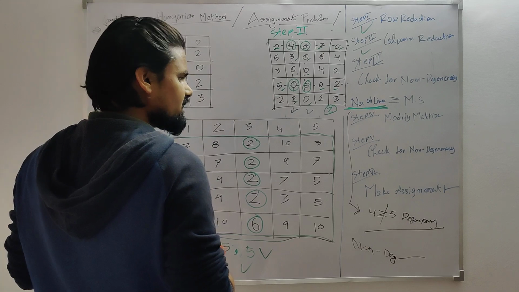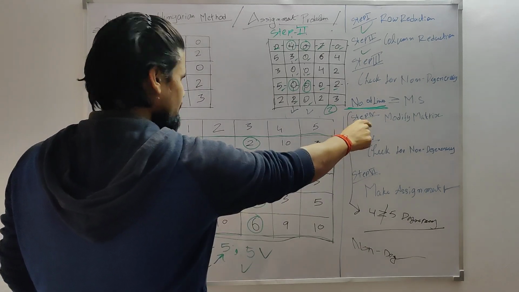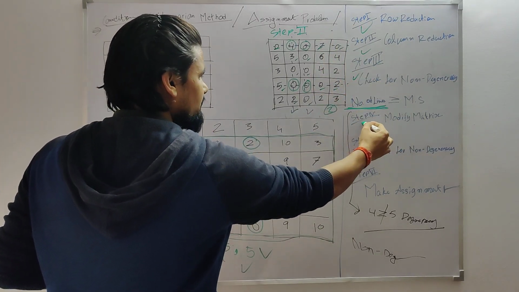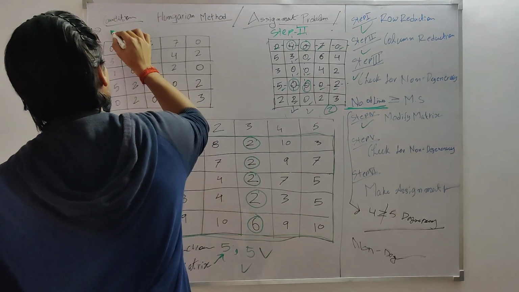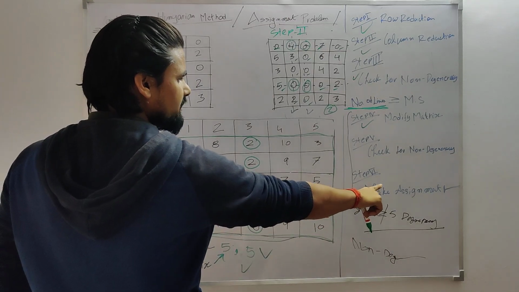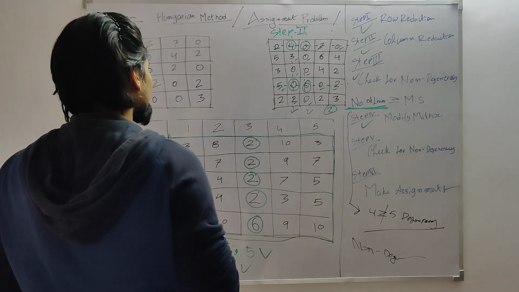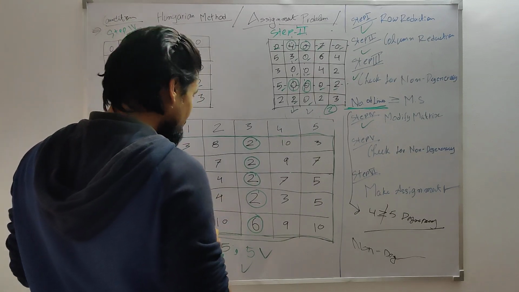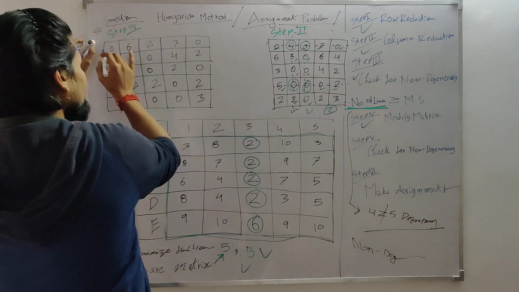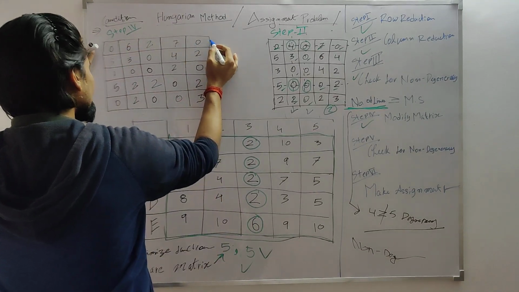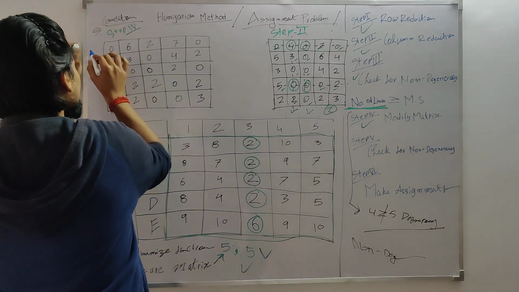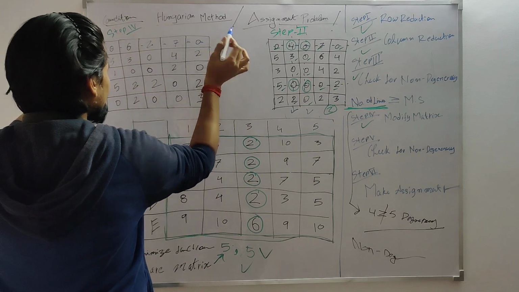In this modified matrix, up to this point we have done steps 1, 2, 3, and we have modified the matrix. This is step number 4. Now we will perform step number 5, check for non-degeneration. Over here first we have to draw the lines again. If I draw a line like this, it will intersect 2 zeros, and if I draw the vertical, again it will intersect 2 zeros. So I'll simply draw a line over here.